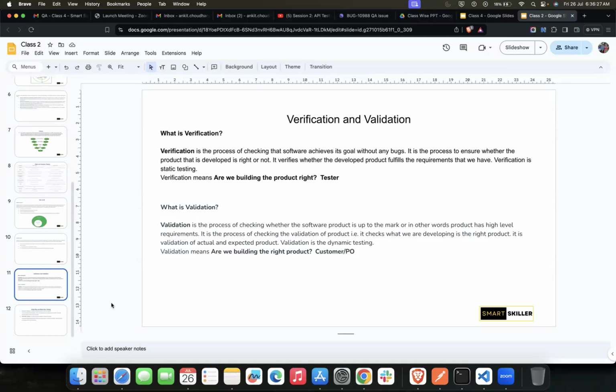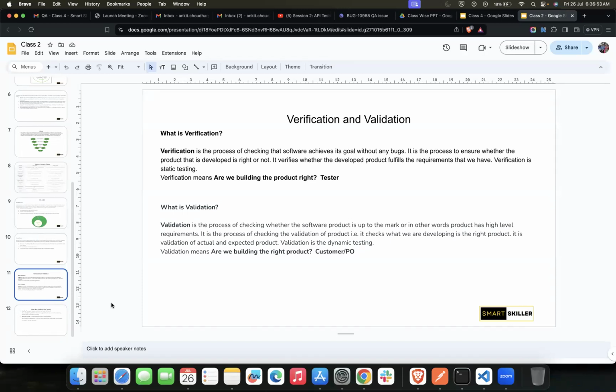Sounds good. And what about verification and validation? Verification focuses on the procedure to achieve the result. Validation focuses on the result itself. Can you repeat that?